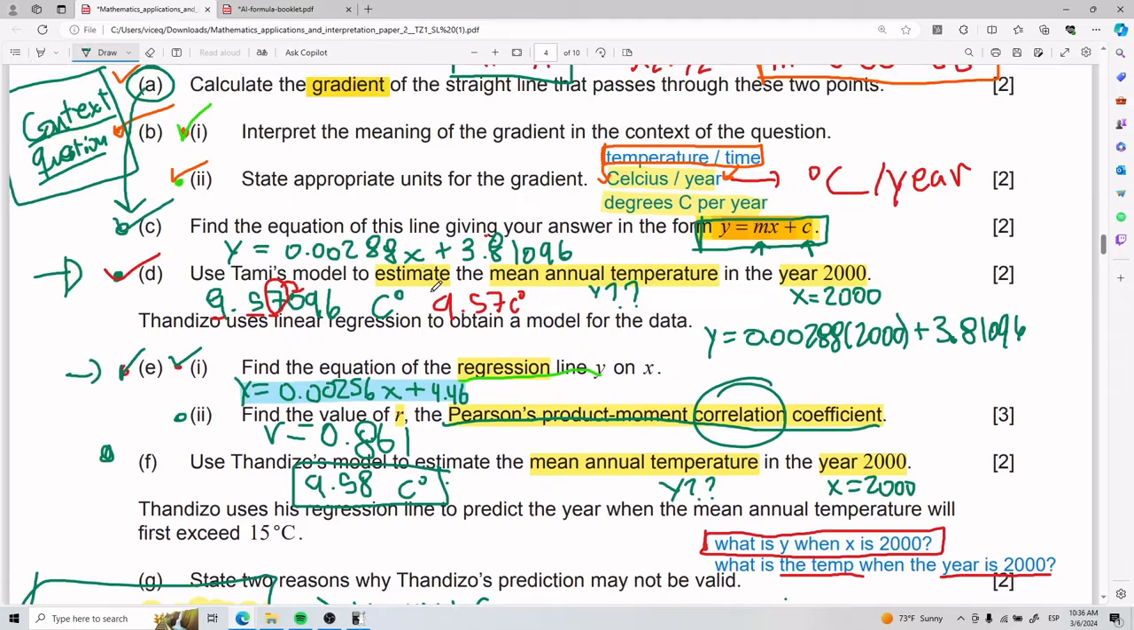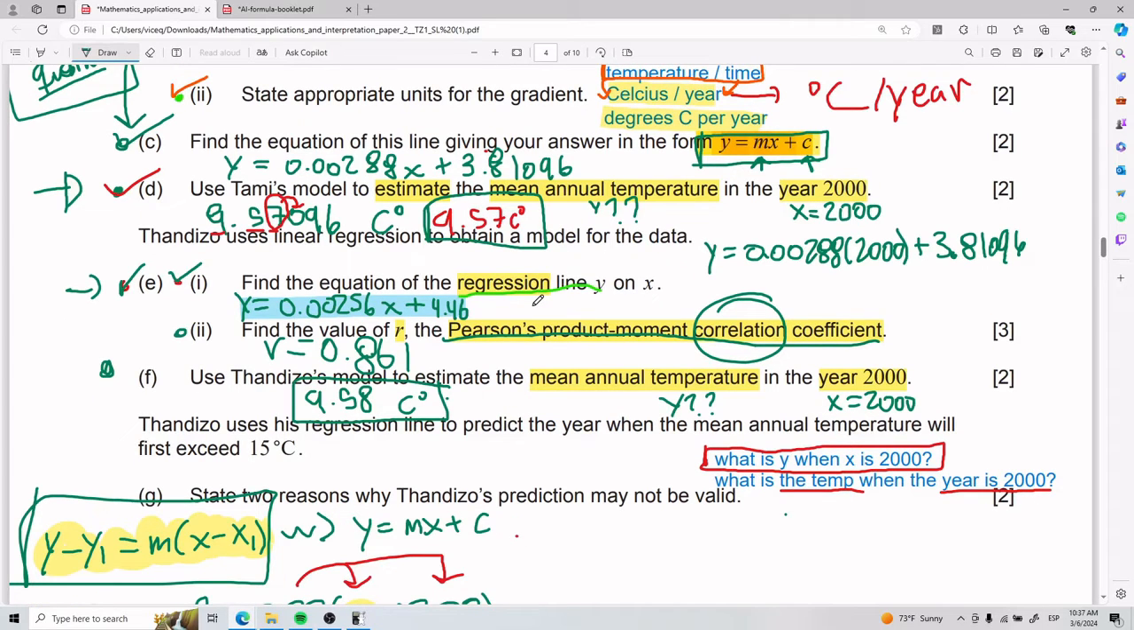All right, so Tami's model and Thandizo's model were incredibly close. I mean, Tami's is 9.57, Thandizo's is 9.58. I don't know which one is better. It's not part of the question, but it's cool to think about, right? Which one ended up being more accurate? I don't know. Anyways,